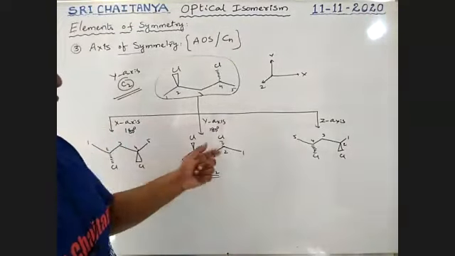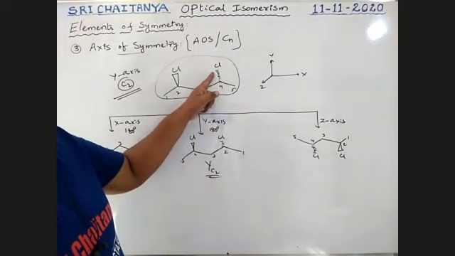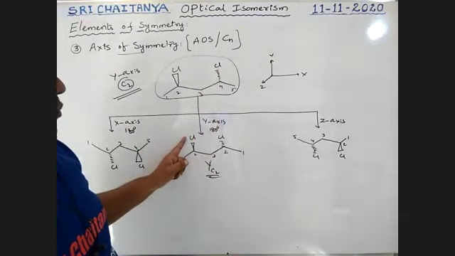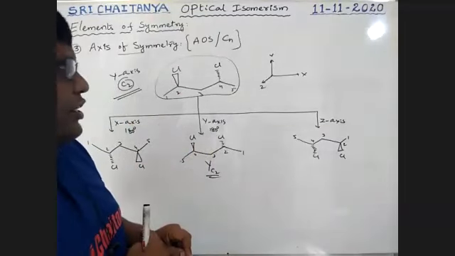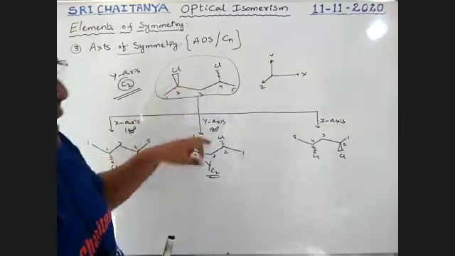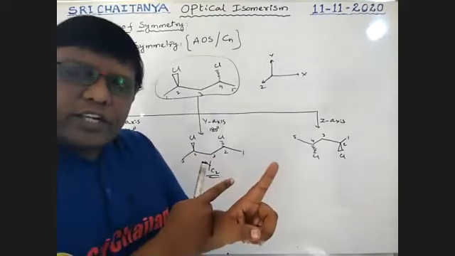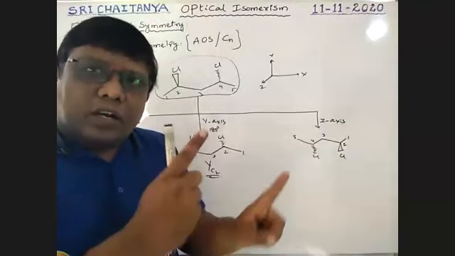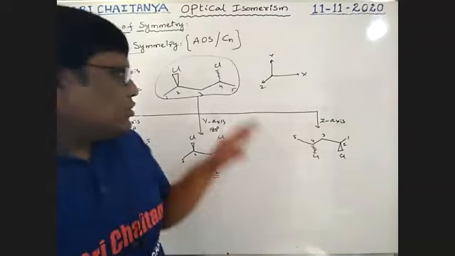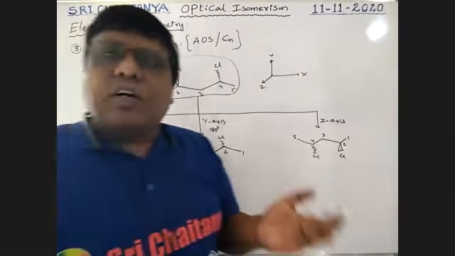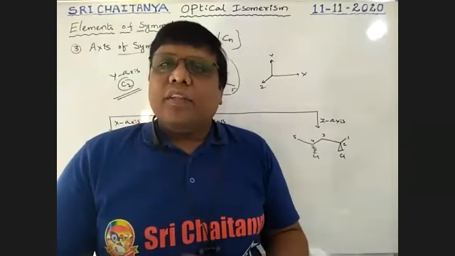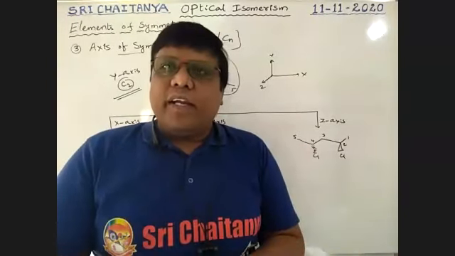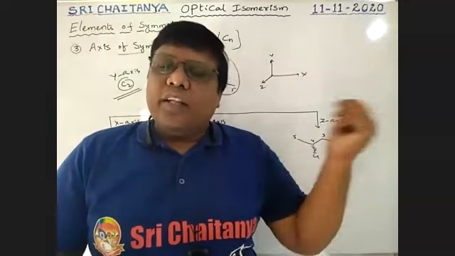So see here, I'm taking fourth position, dash line. So fourth position, wedge line. Second position, wedge line. Second position, dash line. So both are changed. These two molecules seem to be identical after 180 degrees rotation along y-axis. So after which rotation is the molecule exactly identical to the original one, that is that axis, boys. If it is 180, so 360 by 180 is 2. Therefore, C2 axis.